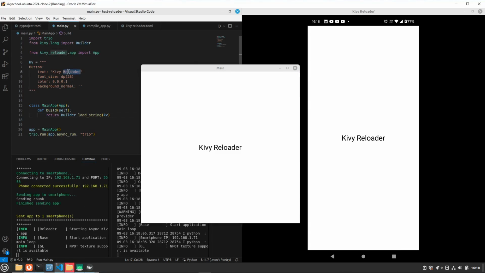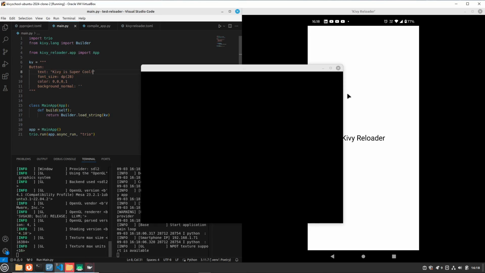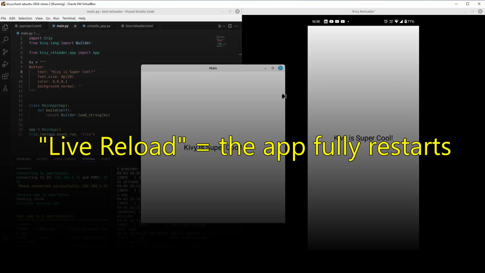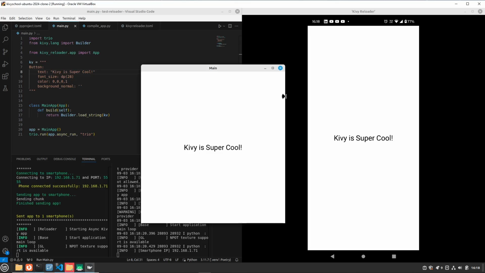So every time I make a change here and press Ctrl S, it restarts on the computer and also on the phone. But this is what we call a live reload. But Kiwi Reloader is much better than this. What you can do here is change the structure of your app, and then you're gonna have a much better experience, because instead of doing a live reload, you're gonna do a hot reload,